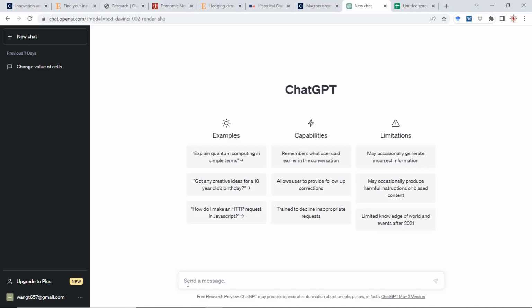For those of you who haven't registered an account, if you want to try this, you will have to register an account with ChatGPT in order to try this exercise. So we can just say that